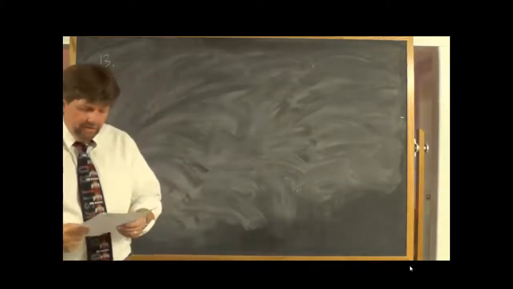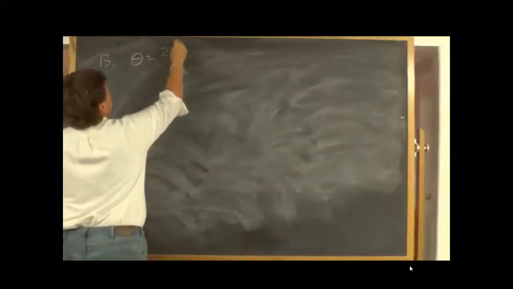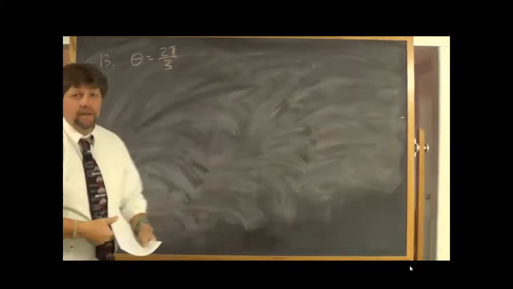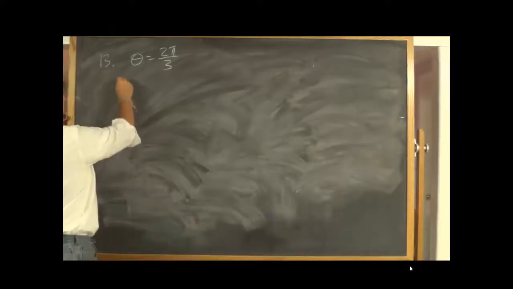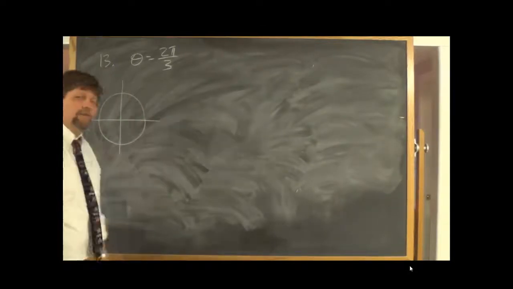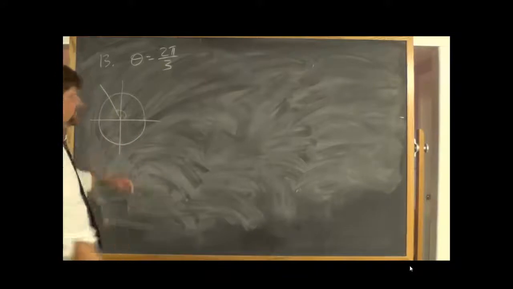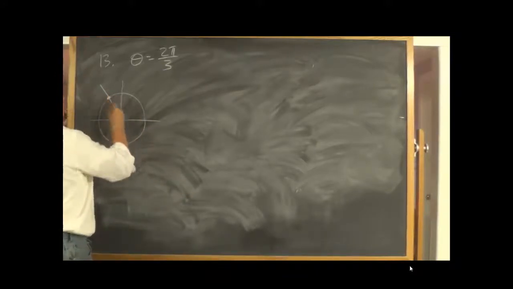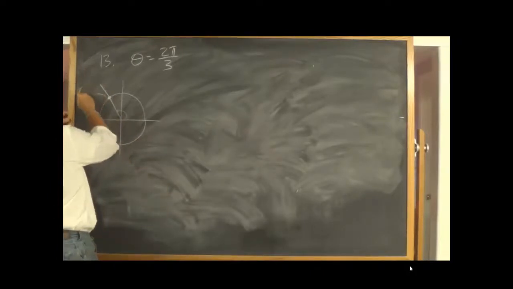All right, number 13. I asked you to determine exactly the 6 trigonometric function values for theta equals 2 pi over 3. And this is a basic unit circle question. So I need to know where 2 pi over 3 terminates. So 2 pi over 3 terminates about right there. I need to know on the unit circle the coordinates of this point, which you should have just filled in on number 12. The coordinates of that point will be